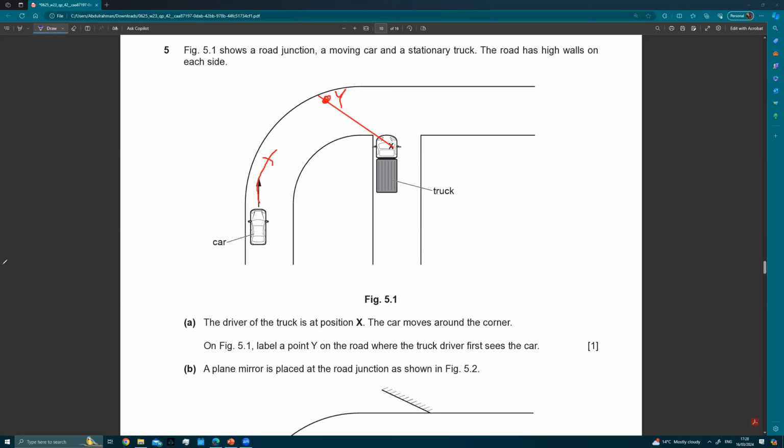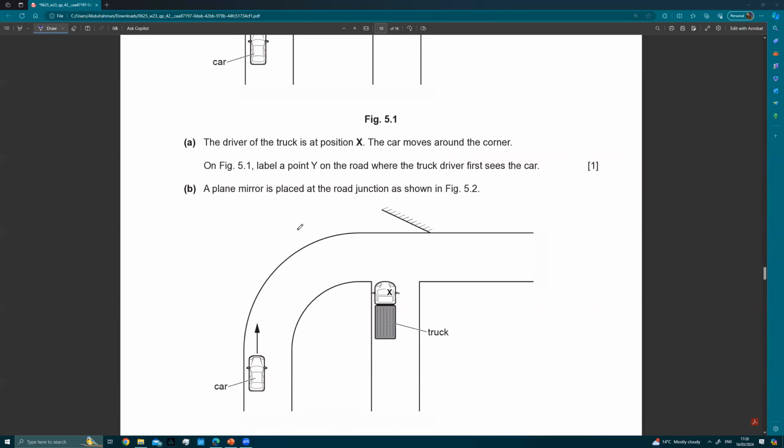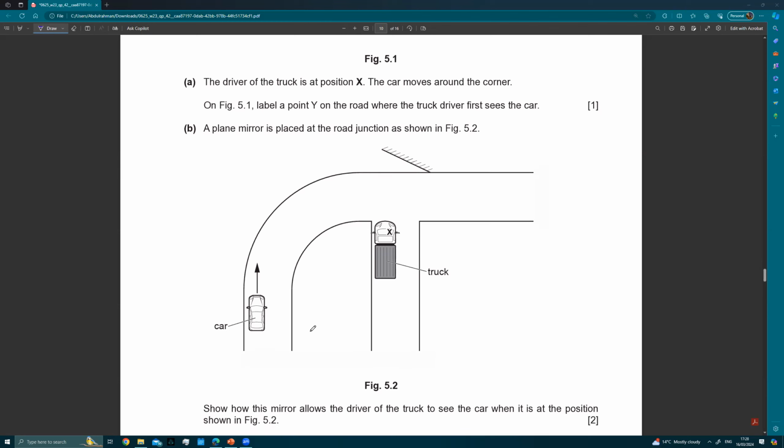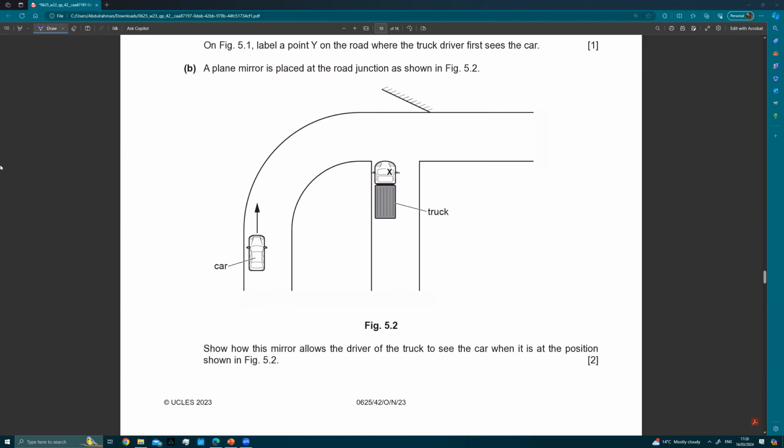Okay, now a plane mirror is placed at the road junction as shown. Show how this mirror allows the driver of the truck to see the car. It's going to allow him to see it because the light can now reflect off the mirror. So there will be a path for the light ray. Obviously the light has to reach the driver. So I'm just going to draw a potential light ray here to the mirror, and then from the mirror to the driver. And then I'm going to draw the normal,